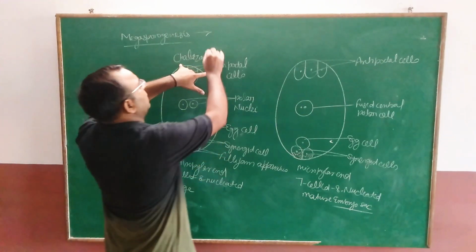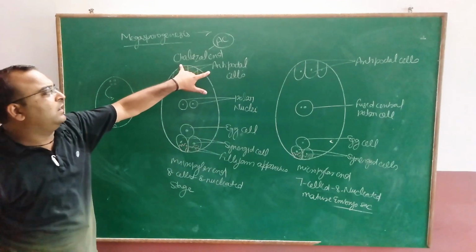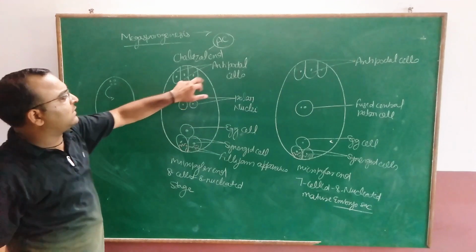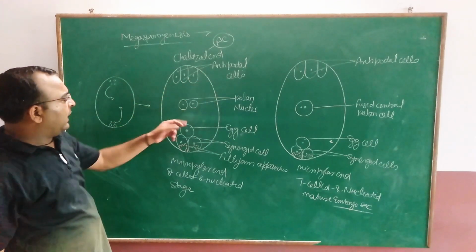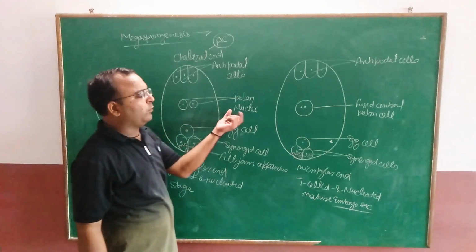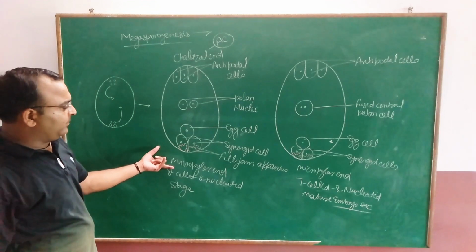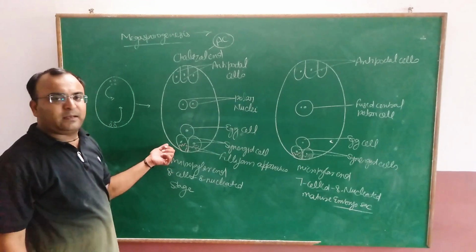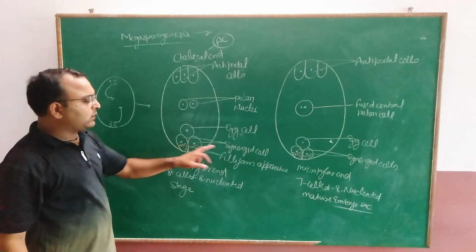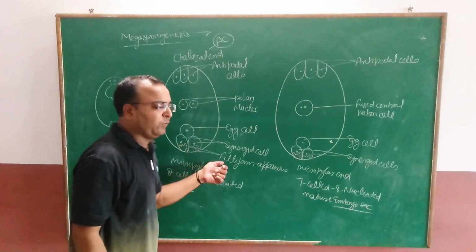And I told you, never forget the AC. Wherever A is, antipodal cells will be there, and there the chalazial end will be. So these 3 cells are known as antipodal cells and these 2 centrally placed cells are known as polar nuclei. And toward the micropylar end, what is there? 3 cells are present. So which ones are they? 1 egg cell and 2 synergid cells. And these finger-like projections are known as filiform apparatus.